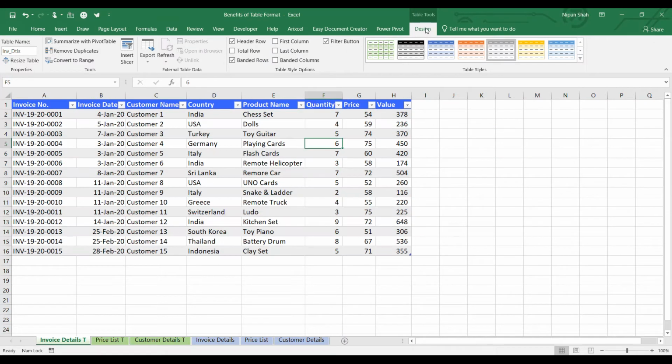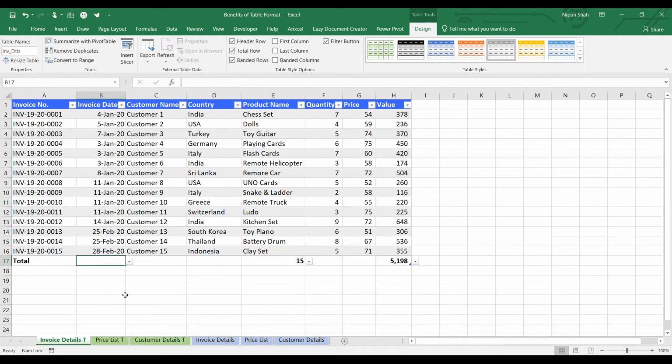In the design tab, I have an option for total row. I click this, my total is here and it is calculated automatically. I have a lot more functions available right here. Just click this arrow. I can calculate count, I can calculate maximum, minimum, sum, a lot of numerical functions I can apply from here. For the text fields, I can apply the text functions, for example, count. So I have 15 line items.